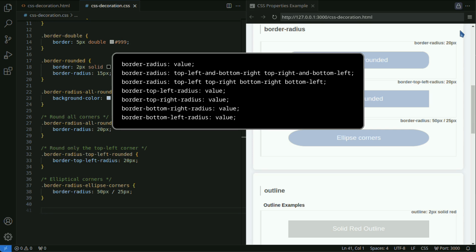The value of the border radius property is usually specified in pixels or percentages. Also, you can set from 1 to 4 values. Specifying one value makes all corners uniformly round.